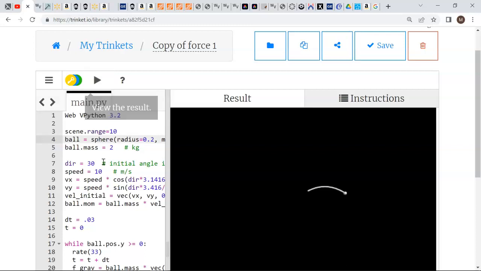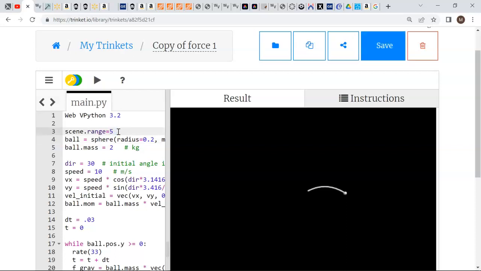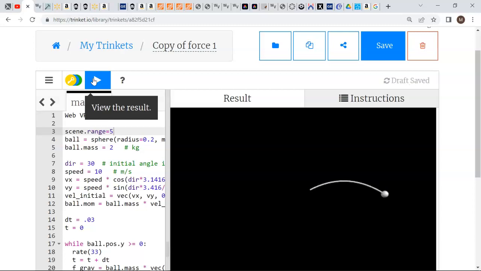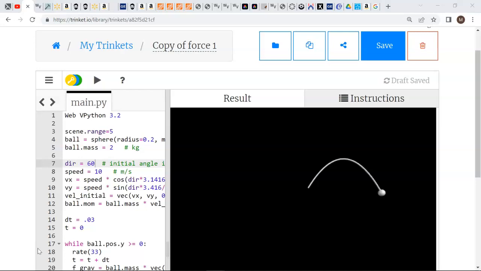Now this is showing a few things. One is that my choice of range was a little too conservative. Looks like I could easily cut that down in half. And there we go. Now, since we chose to start at the origin, we're not really using the space very efficiently. That's okay. Dealing with that is fine-tuning that could be done later. I'll change the direction to a larger angle. There we go. Okay, so that was adding